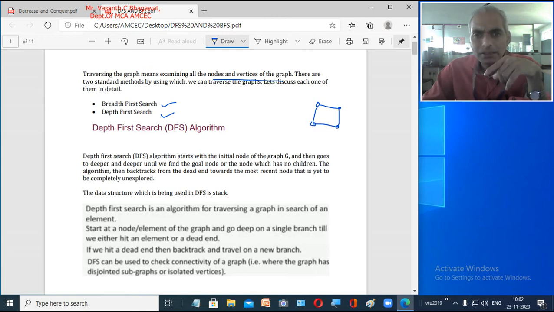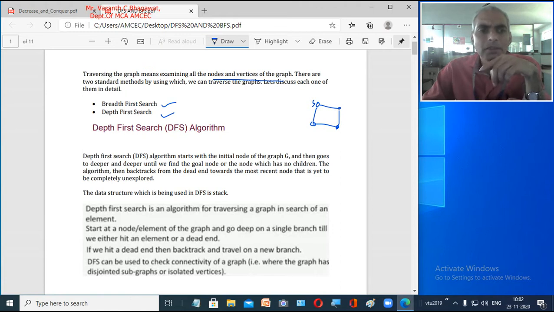Say for example, you want to search this node. If this is your source node and you are starting from here, from this node you compare whether it is your search node. Is it the goal node? If it is not the goal node, you go to some other node, and again you check whether that node is your search node. If not, you visit some other node. In a systematic manner, that is what we call depth first search and breadth first search. As the names clearly indicate, this is how we traverse the graph.